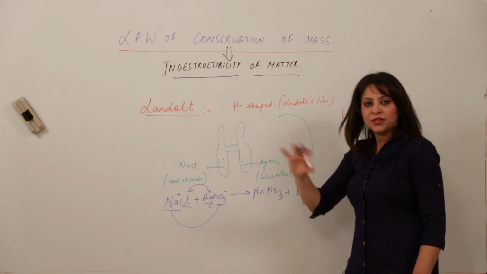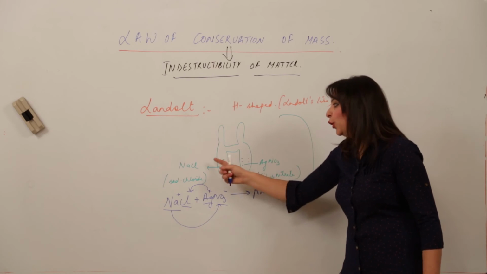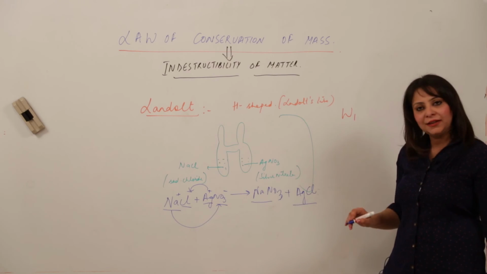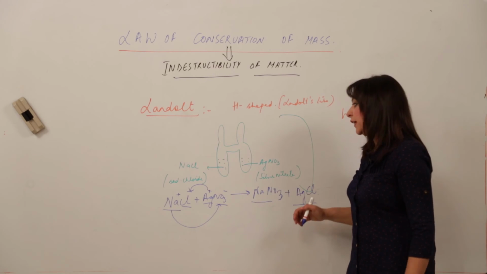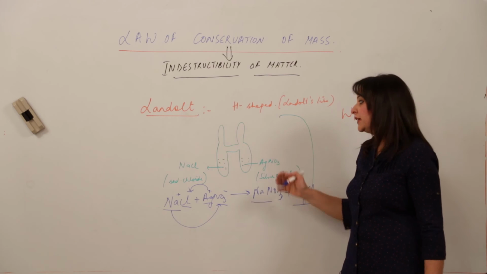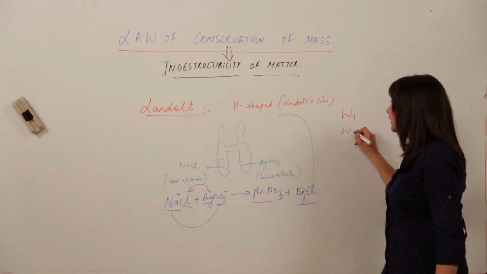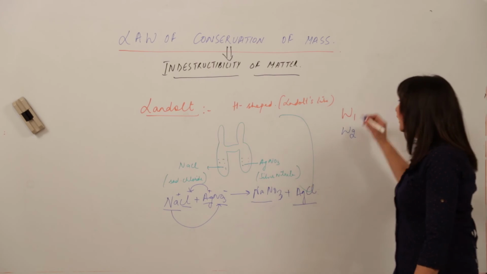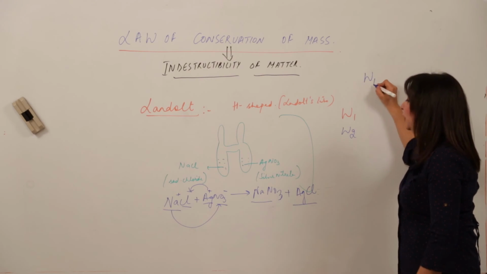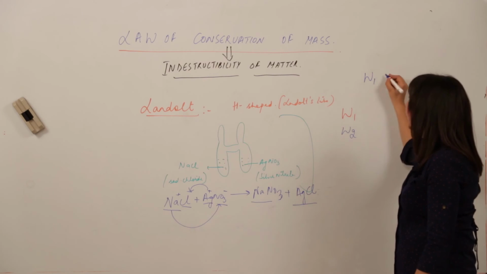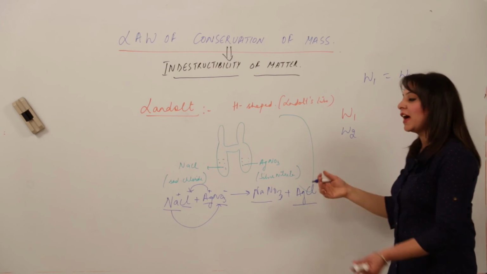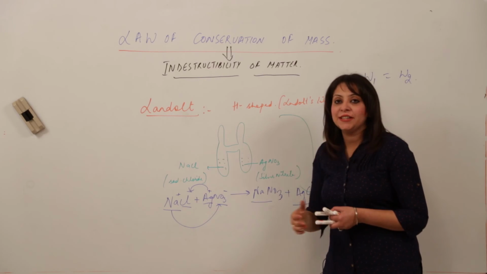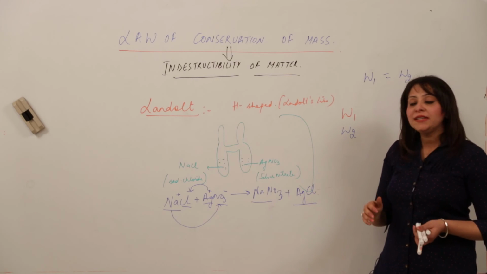That means after shaking it, this solution no longer remains NaCl and AgNO3. It is now formed as this. When he knew that the reaction had taken place, he again weighed the tube. Let us say the weight comes out to be W2, and you will be surprised to know that the weight before the mixing of NaCl and AgNO3 was equal to the weight after mixing. So this shows that matter cannot be created nor destroyed, it is always conserved.